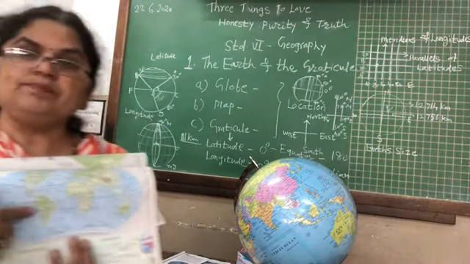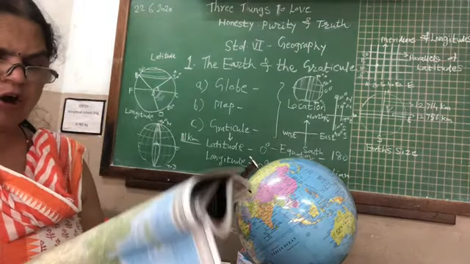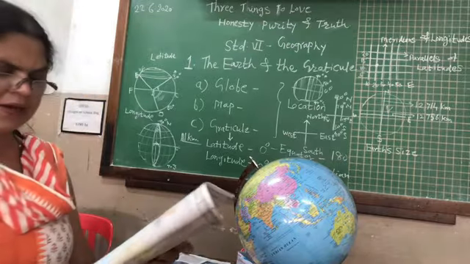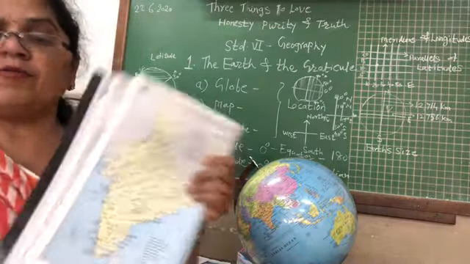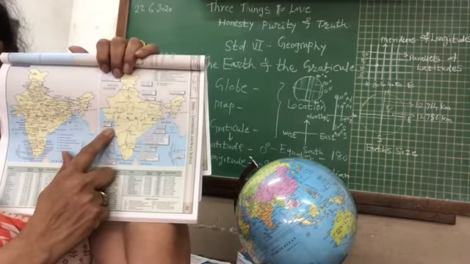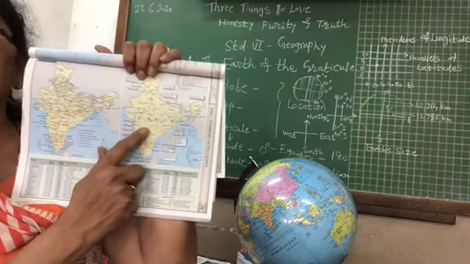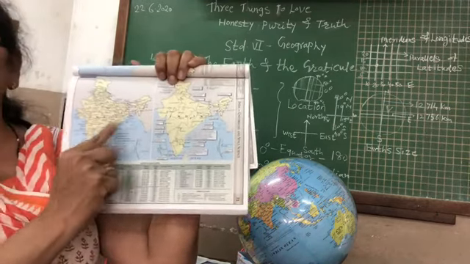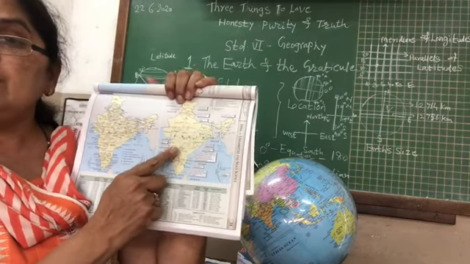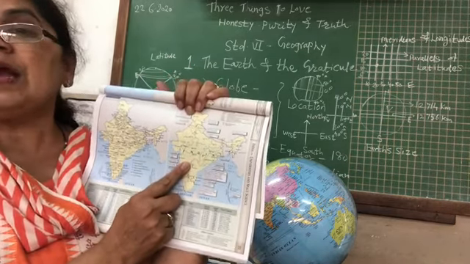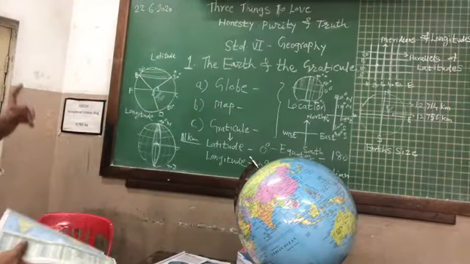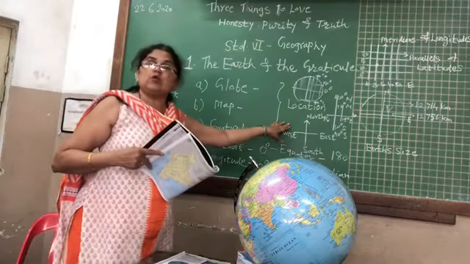This is the world map. From the world map, I want to know the map of India. This is the map of India. In the map of India, I have to know the map of Maharashtra. Here we have the map of India, and here we have Maharashtra. Here we have a Pune map. Then here we have the Pune city map. Then we have a road map. See, the scale goes on reducing, and that is what is important to identify the location on the map.